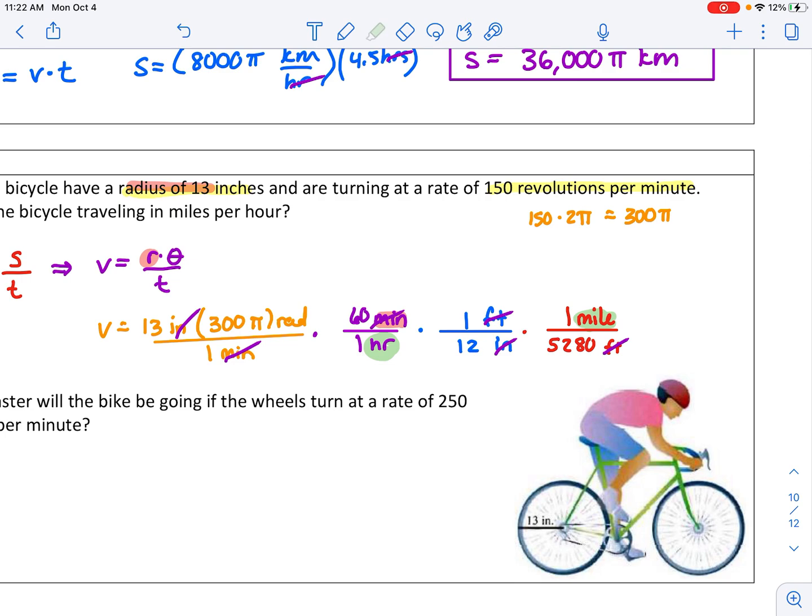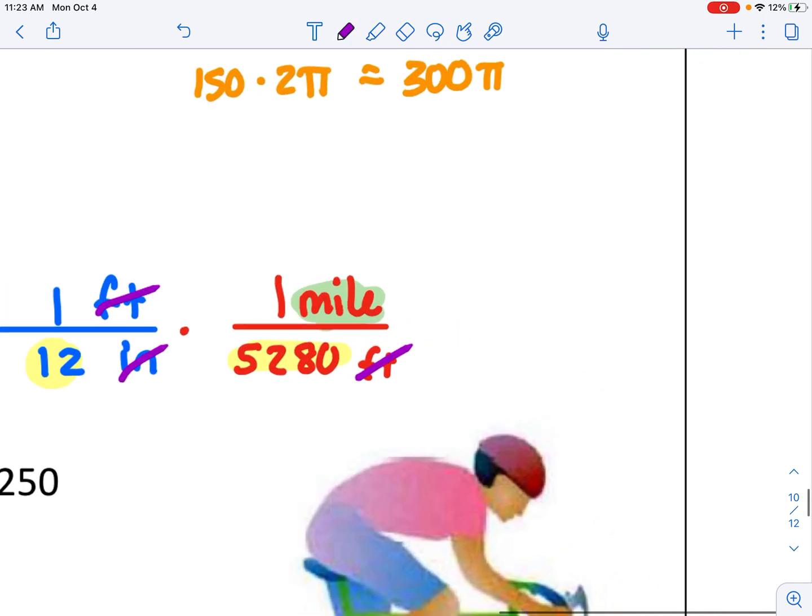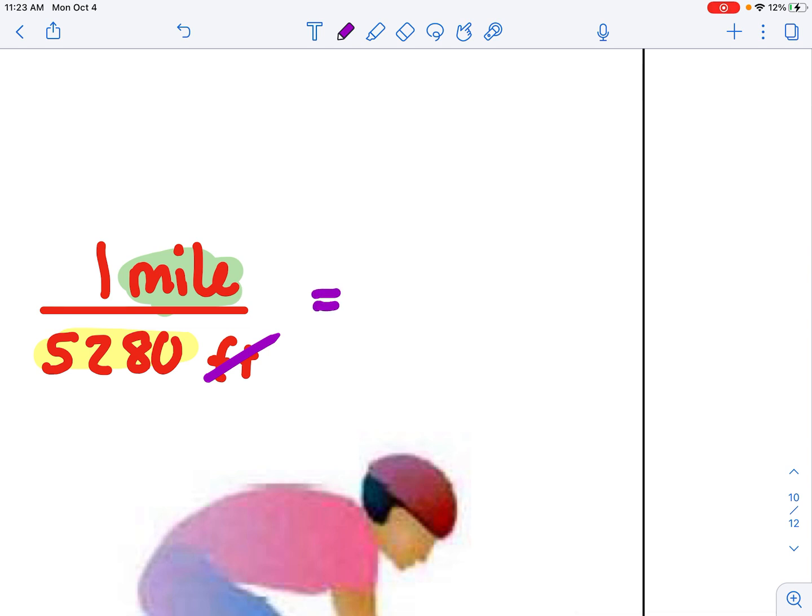Now when we multiply, I'm just multiplying straight in my calculator. I'm going to do 13 times 300. Now the answer they want is a decimal, so I'm going to use the pi button. When I multiply by pi, I'm going to multiply by 60. Then I'm going to divide by 12 times 5,280. So I'm going to multiply that all out in my calculator. Please do use the pi button, and they do want you to type it out as pi. They don't want you to have an answer and then the pi next to it. They want it as a final answer in decimals. So that's 11.6025 miles per